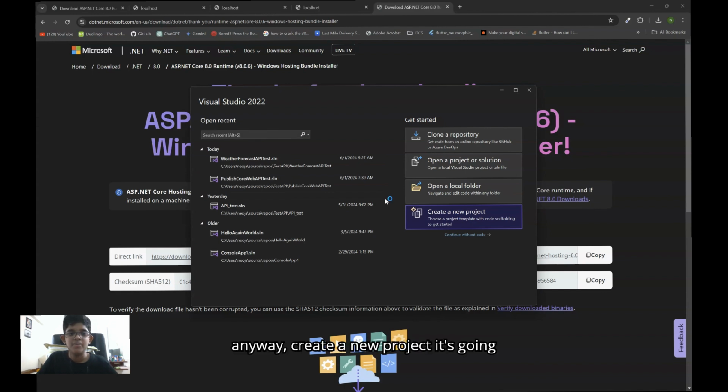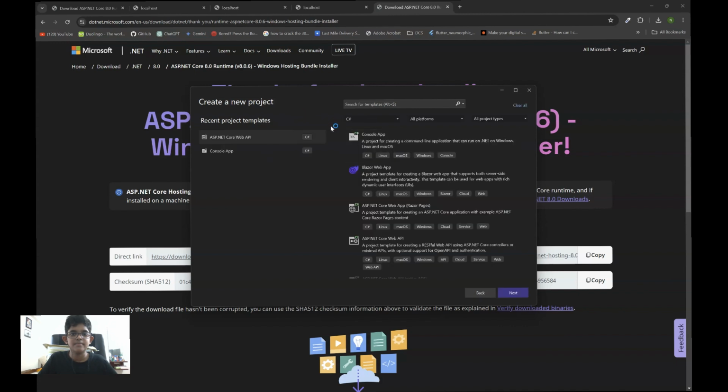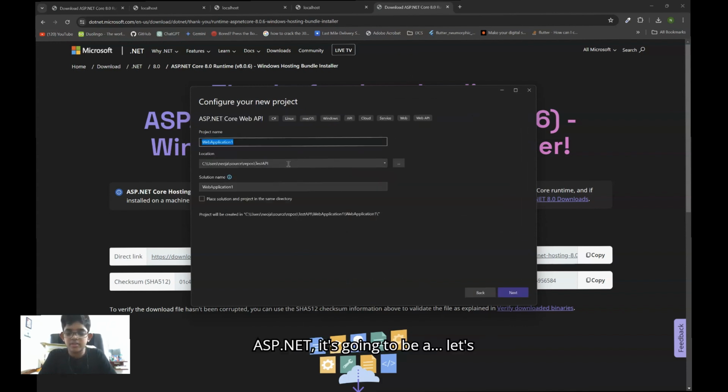Anyway, create a new project. It's gonna be a web API, and ASP.NET Core Web API. You can search for it here, but just ASP.NET. It's gonna be, let's name it